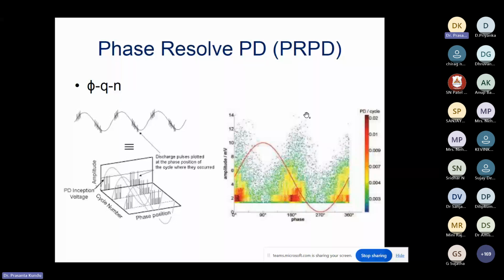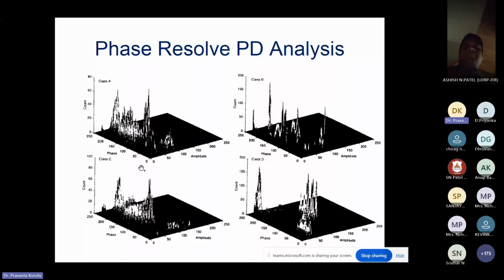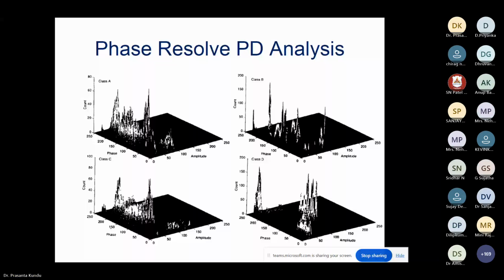This is done only for the AC measurement, where we have the phase angle. You can have that PRPD in a 3D model also: 3D presentations, color code presentations, 2D presentations, density presentations. There are many. So a different type of partial discharge is going to give you a different type of pattern. And from there, if you find out the features, they can be fed to any identification technique, any AI technique, and we can identify this.